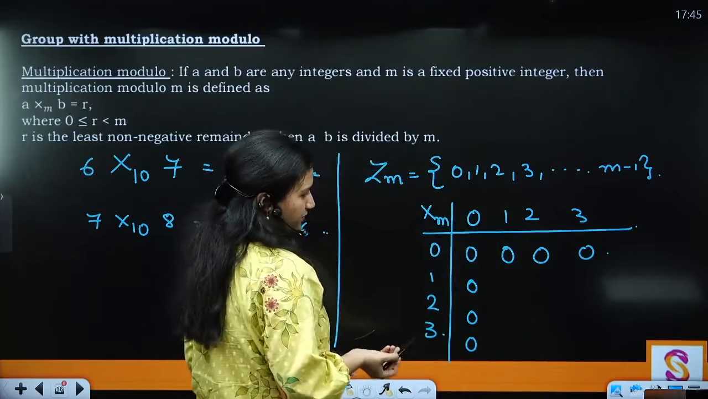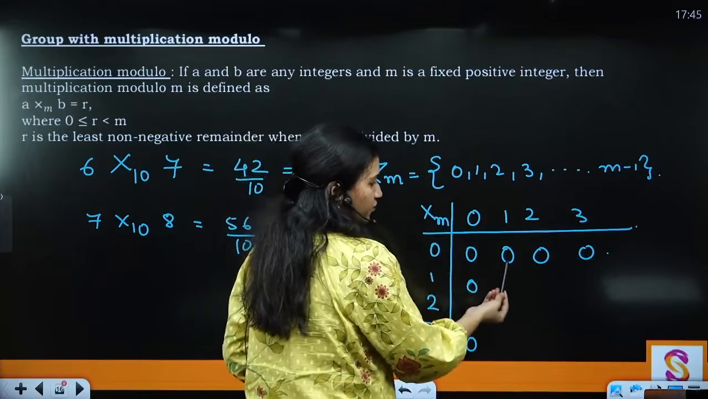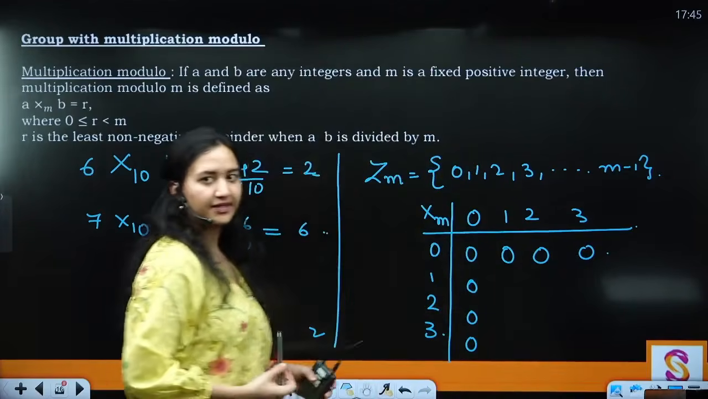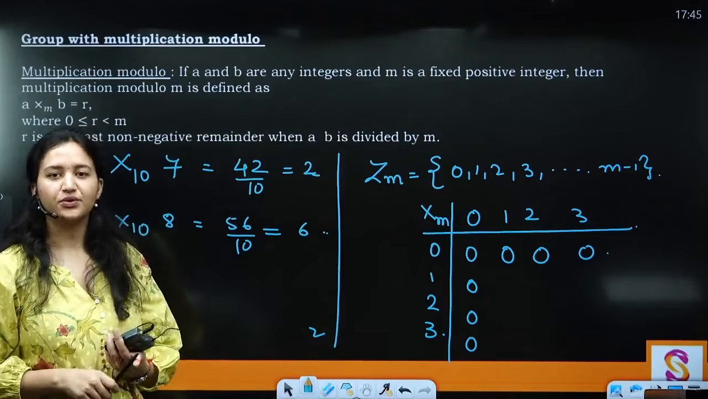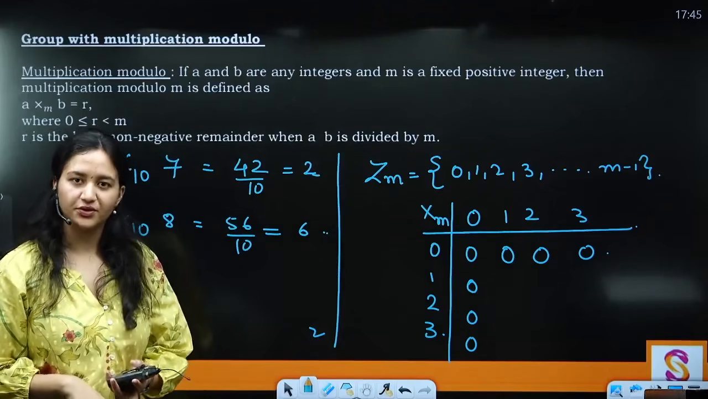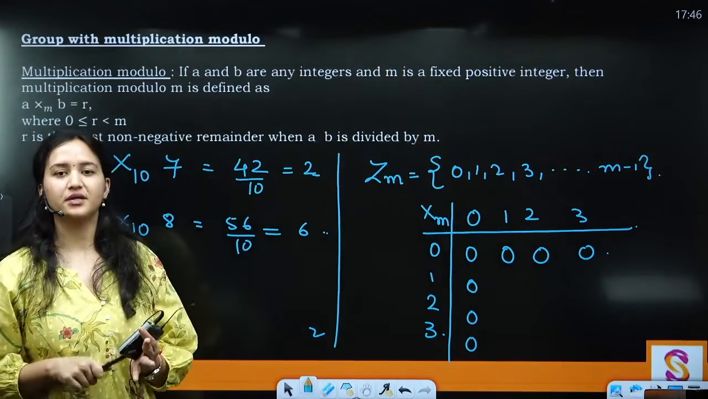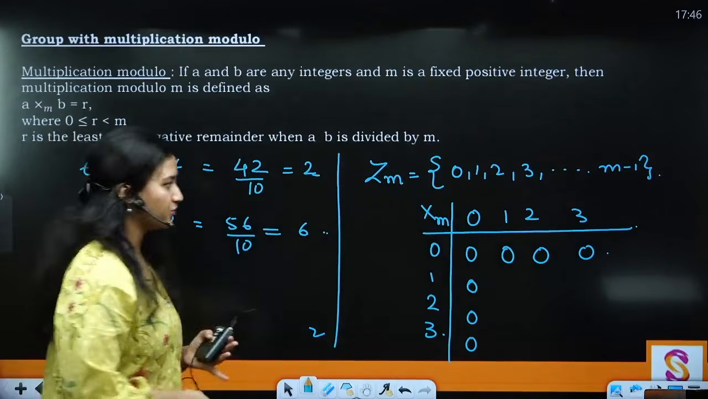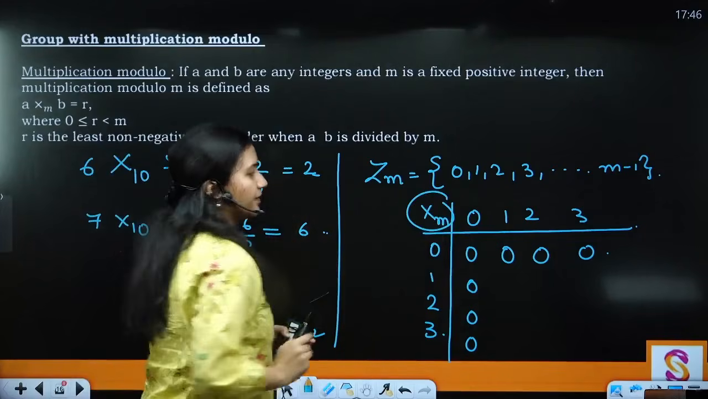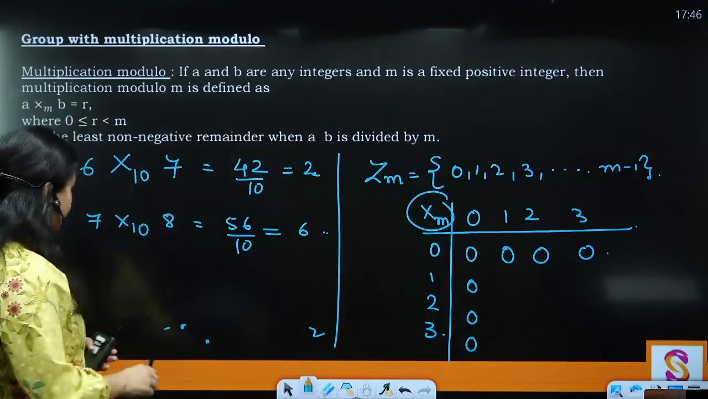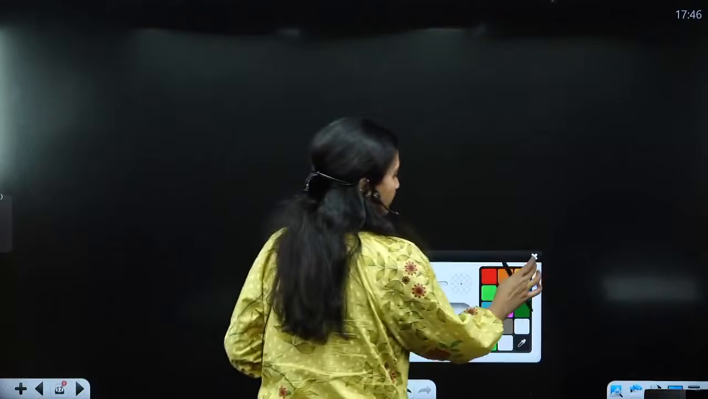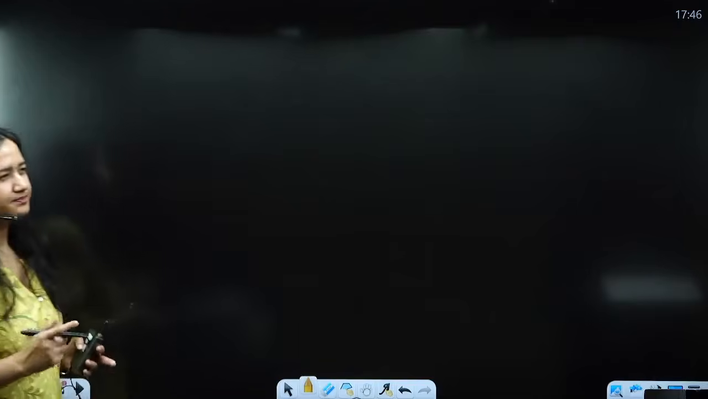You see, for 0 you are getting 0 everywhere, right? So the inverse property is going to fail, and the rest of the properties are also going to fail. So the conclusion is that multiplication modulo does not form, or cannot form, a group with respect to Zm, right? What it does form a group with is, if you remember our previous-to-previous lecture,